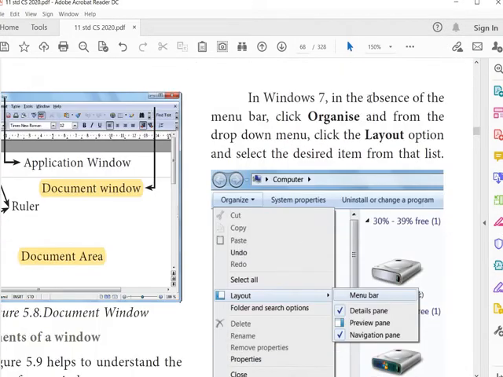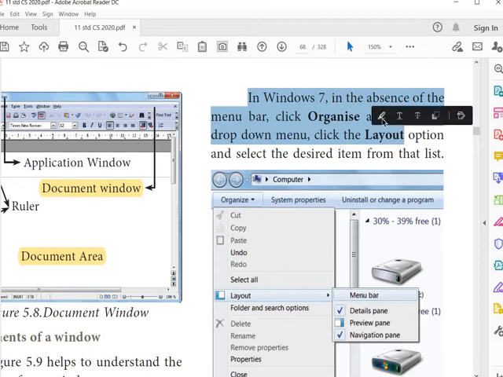In Windows 7, in the absence of the menu bar, click Organize, and from the drop-down menu click the Layout option, then select the menu bar. This is very useful because many computer labs are having Windows 7, but even if it is different, you will learn how to do this.